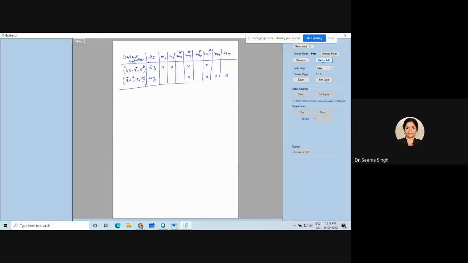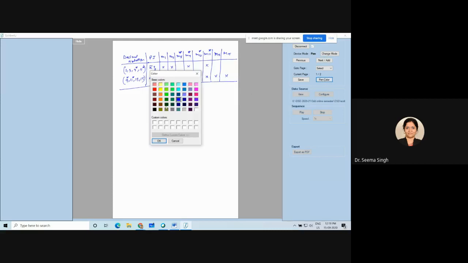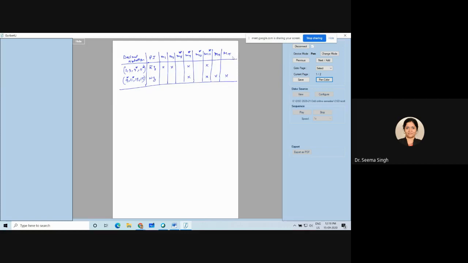Now, as I told you in yesterday's class, you have to see the columns which have only one cross. So now I will see the columns which have only one cross. This M15 is not a don't care, and this M15 column has one cross. So we should see who is covering this M15. Whoever is covering this M15 becomes our EPI.